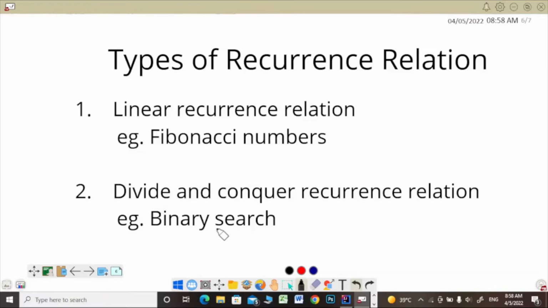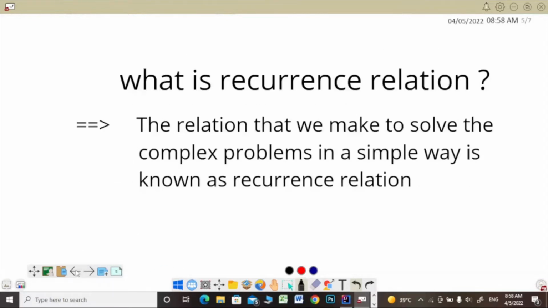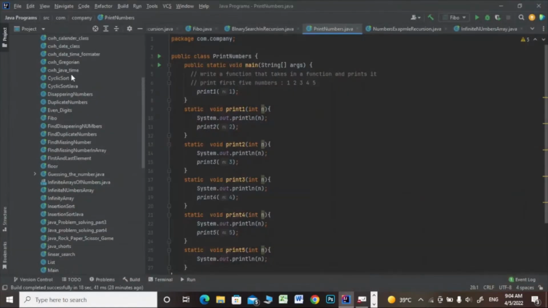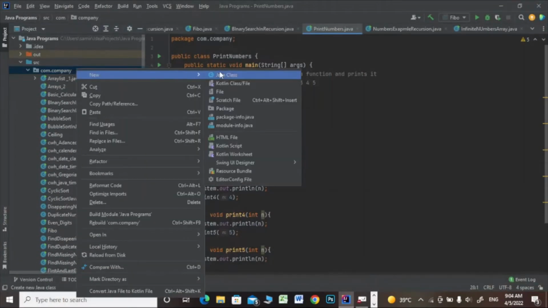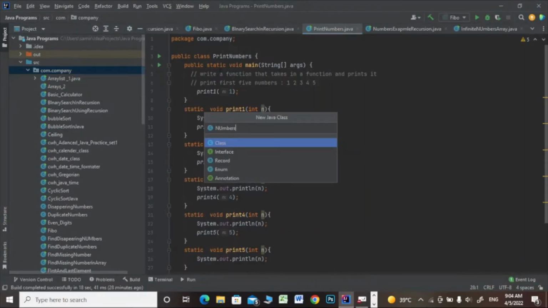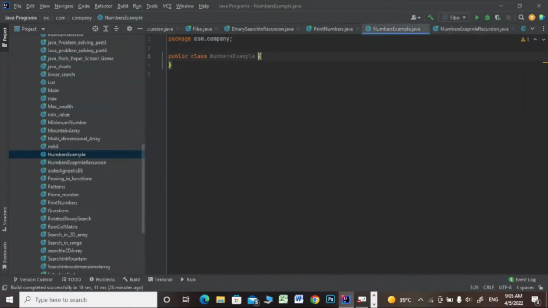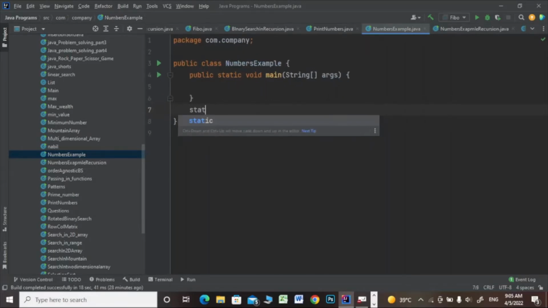So now I'll explain you the recursion. How can we call a function itself? So now I'll open my IntelliJ IDE and I'll make a new Java class and I'll name it as number example, and then I'll make the main method, and then I'll make another method static void